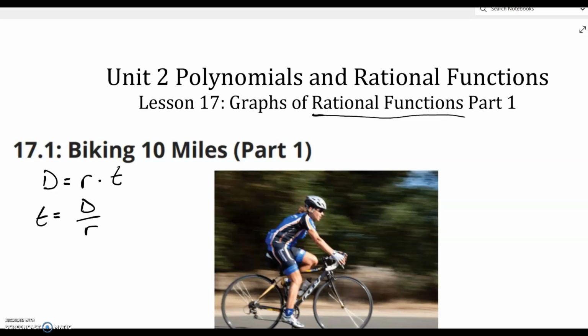In addition to that, I know that the rate of travel is equal to the distance that I travel divided by the amount of time it takes me. So these three relationships are going to be pretty important moving forward. Okay, so we want to remember all three of these relationships. So, moving down here now,